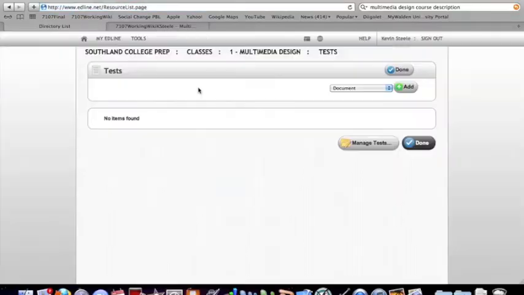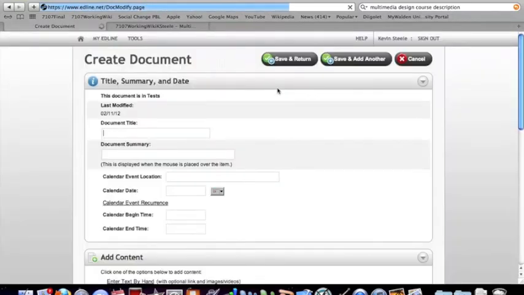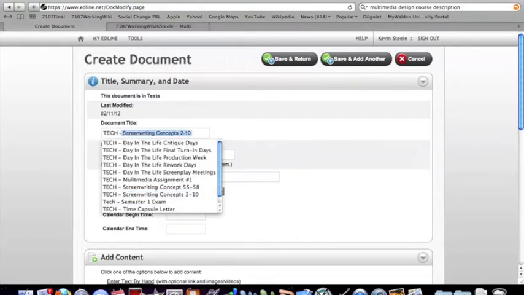Click on the hyperlink for tests. You'll be able to see the contents and you'll be able to choose what you'd like to do. For the first test, we're going to go ahead and just add the study guide. So we'll add a document, and you'll notice that this form is exactly the same as it was in the assignments form. And we might say test